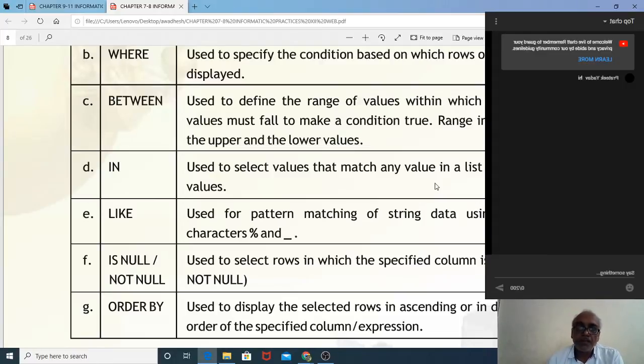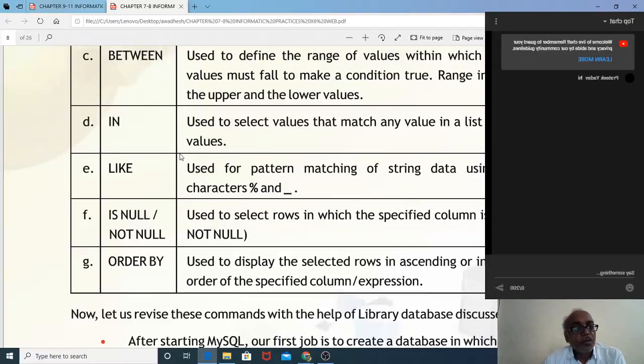Okay? Clear? IN is used to select values that match any value in a list of specified values. Suppose you want to see the names of all the students who are scoring only 30, 20, and 10.